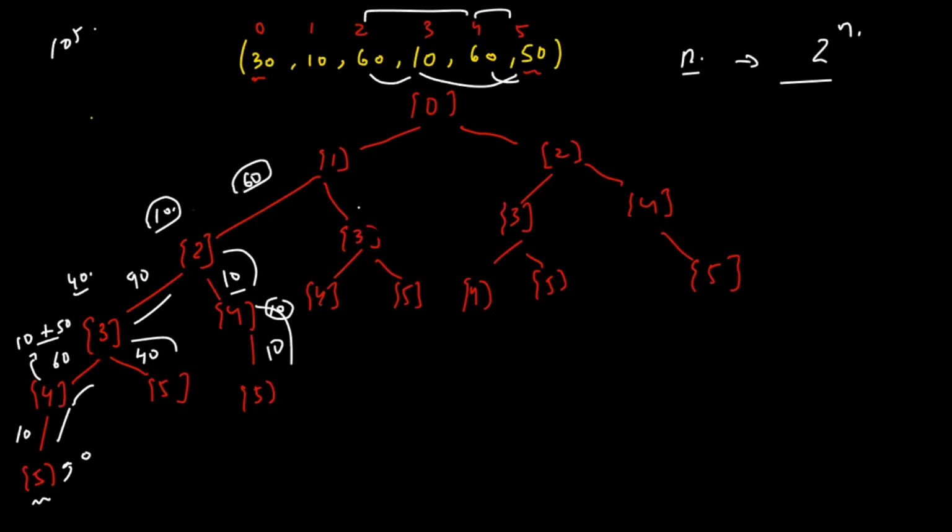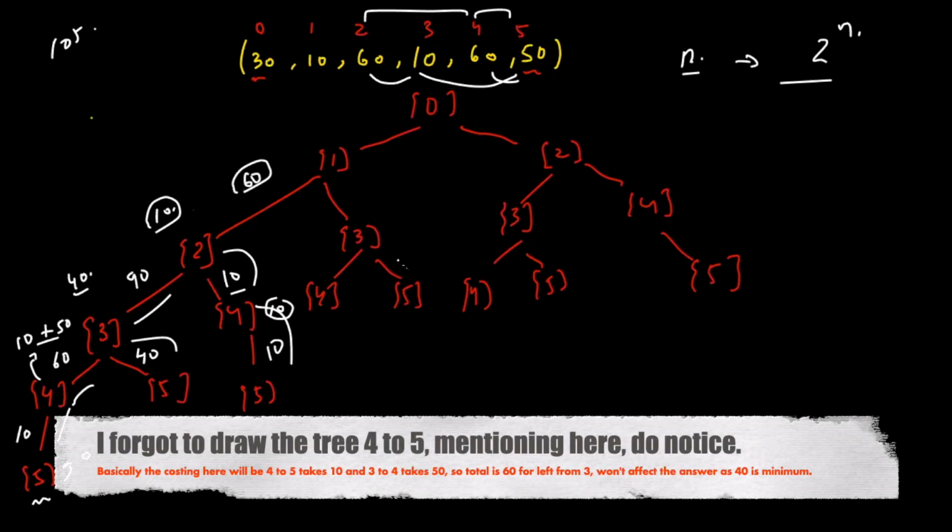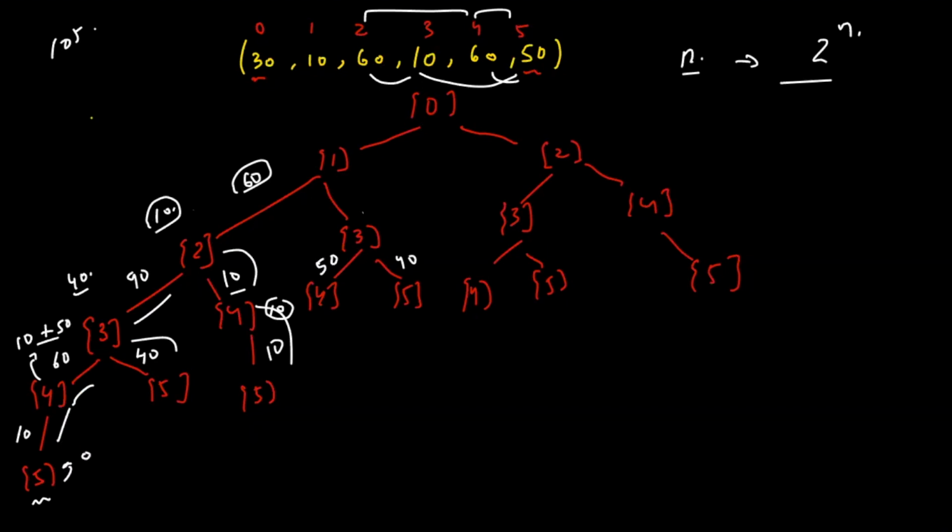Now let's check out what will be the other thing. From 3 to 5, the cost taken will be 40. From 3 to 4, the cost taken will be 50. Now from 1 to 3, the cost was 0. Now which one will you take from 3? Again 40. So over here you take 40. Now which one is your minimum? If you see, the minimum one is 40. So over here you get 40.